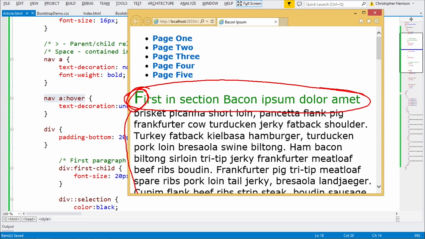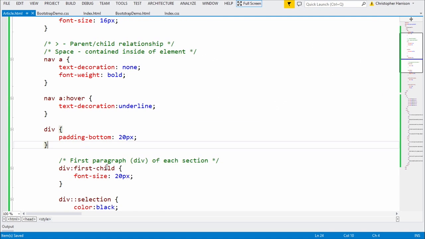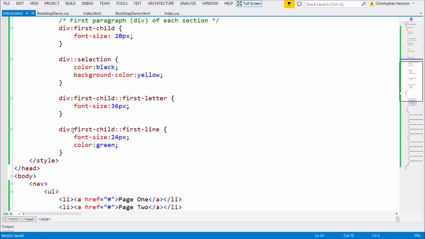So I want all of that to really be highlighted. But I only want that for just the first paragraph inside of each section. For the second paragraph, I just want it to be normal, back to the way that it was. And if you remember, the way that I had it the first time, which was like this,